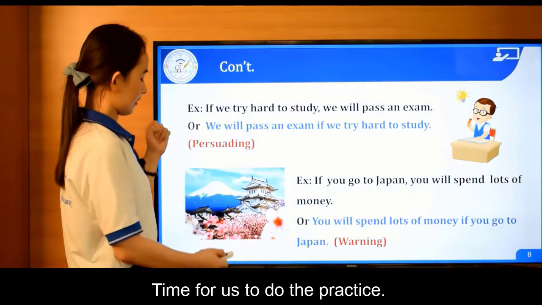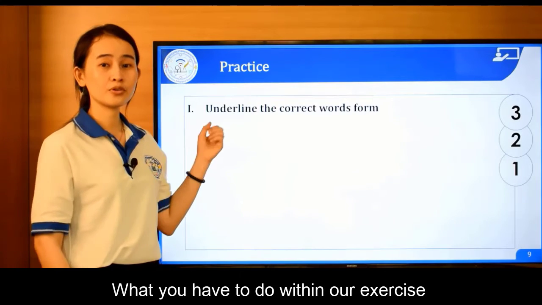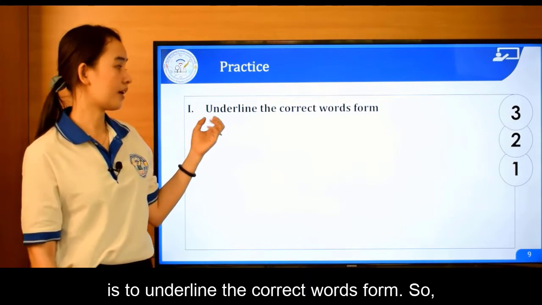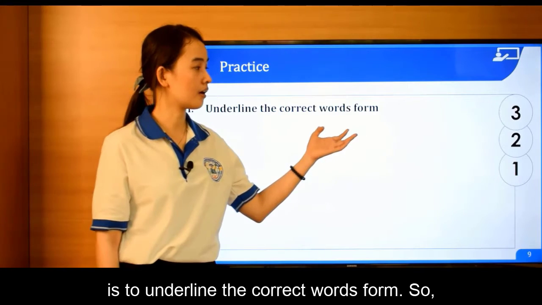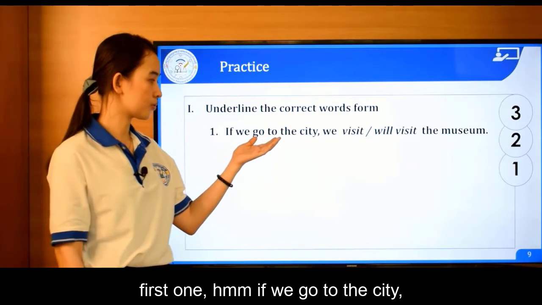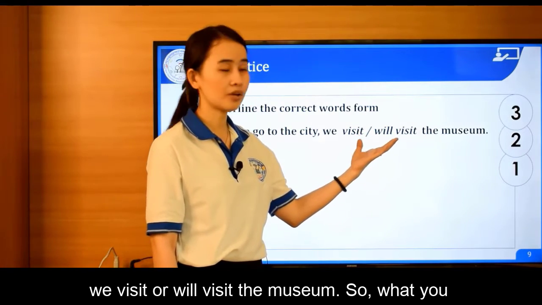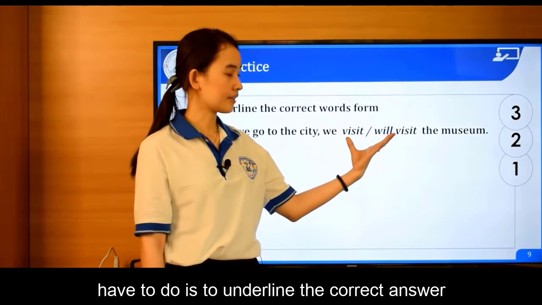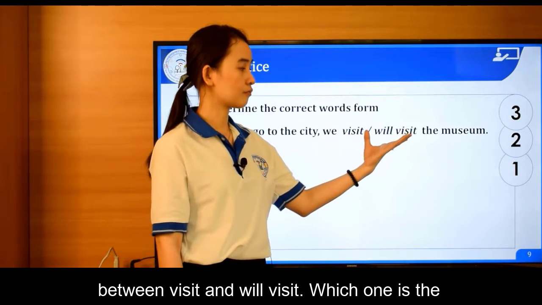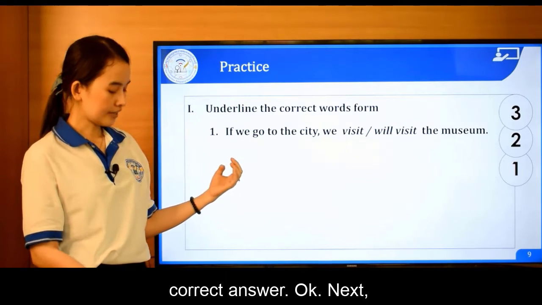first. Okay, time for us to do the practice. What you have to do within our exercise is to underline the correct word form. So the first one, if we go to the city, we visit or will visit the museum. So what you have to do is to underline the correct answer between visit and will visit. Which one is the correct answer? Okay. Next,